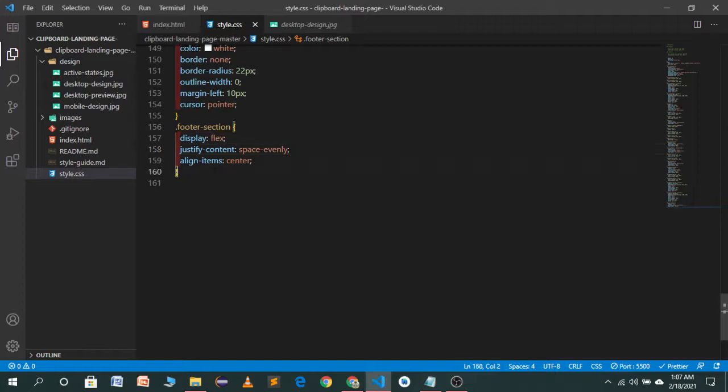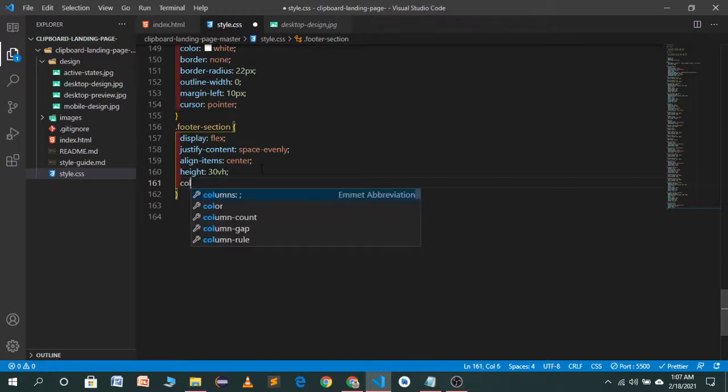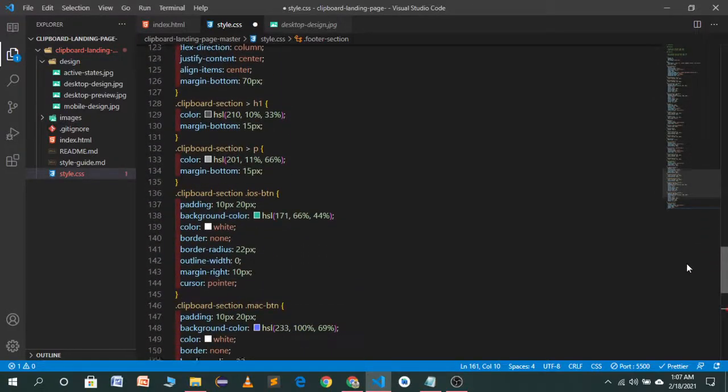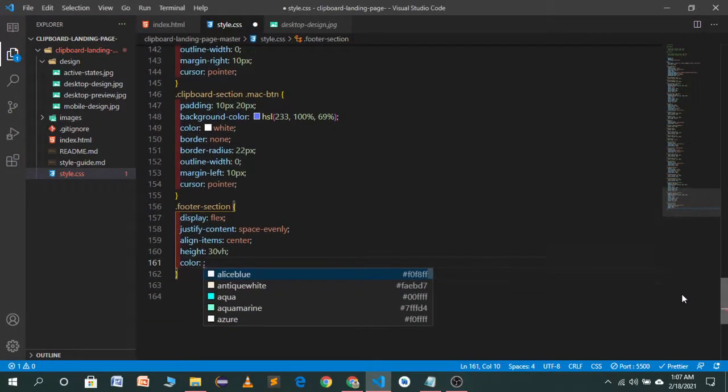So in the footer section, we should give it a height of maybe 30 viewport height, and a color of the paragraph color.